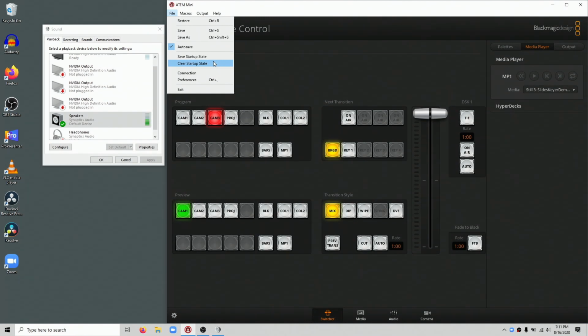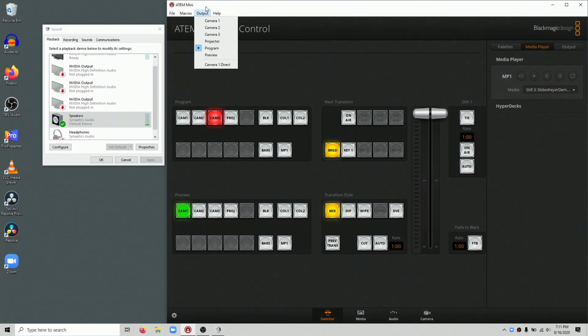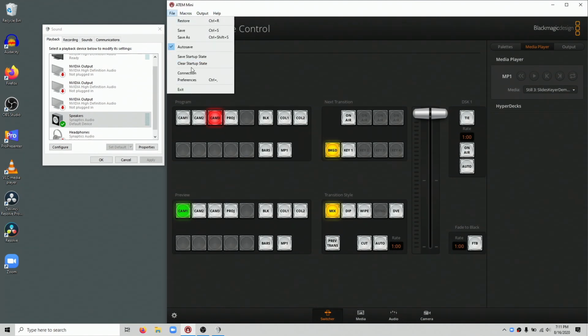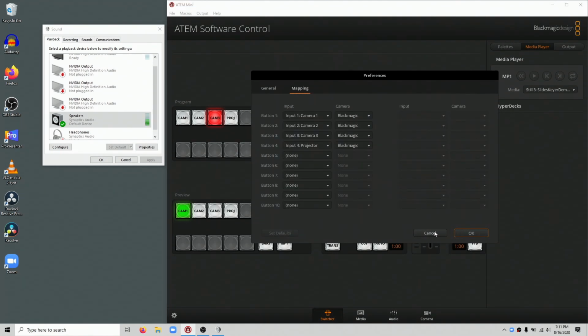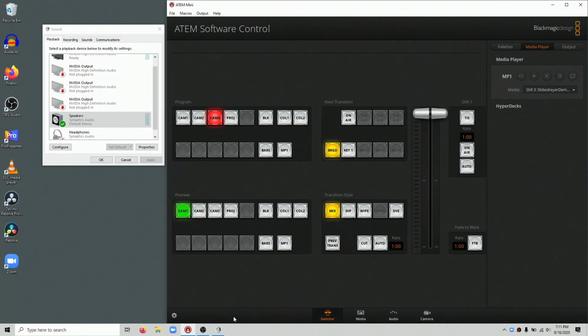So you don't really need to worry about that, since you can just load it using restore up here. There's a whole bunch of other functionality that you can check out with this. I don't even know half the things you can do with this, but